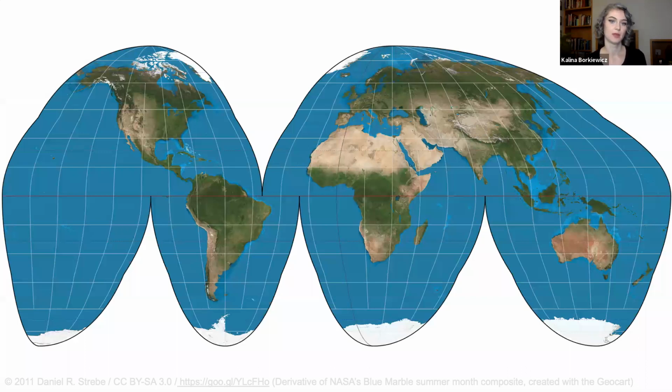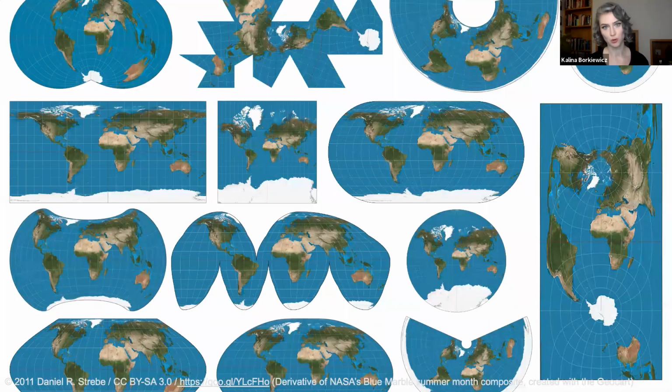Let's try a different one. Here's a projection that solves that problem. Now everything is the correct size, but clearly we've introduced a new problem. Now Greenland is split in half, which is not optimal. And you can't exactly take a ruler to this map and measure distances. Surely there's a way to solve both of these problems though, right? Well, it turns out no. There are many, many different ways to visualize the Earth in 2 dimensions, and all of them are wrong in one way or another. So there's this really wide gap between numerical information and how we can display and interpret and understand that information.